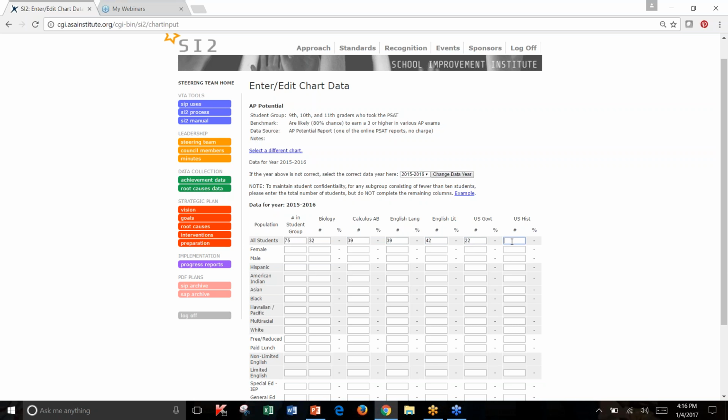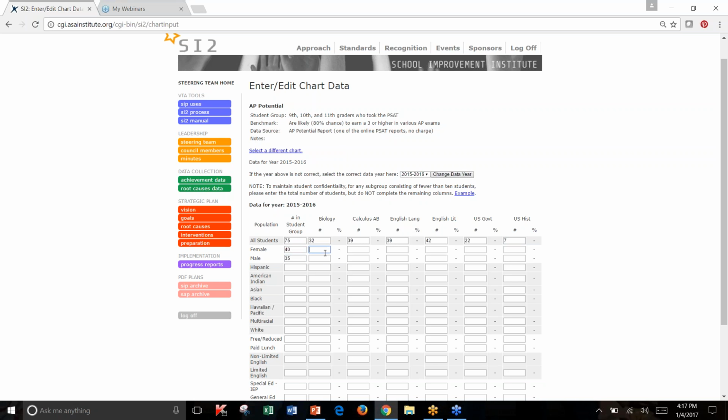So you'll fill that out across. And then we're looking at the drill down data. This is time consuming the first year that you do it. Most of our schools figure out a way to flag this data so that the next time they have to do it is not nearly as time consuming. So what I'd want to do is I've got tally sheets. I'm going through all of the PSAT results, and I'm saying, okay, of that 75, 40 were females, 35 were males,